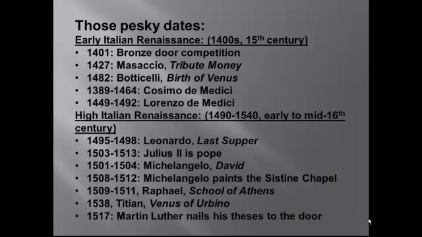Note that the lives of Cosimo de' Medici and his grandson Lorenzo pretty much span this century. Note, too, that the century opens with the Bronze Door competition and more or less closes with Leonardo da Vinci, who's kind of the transitional figure to the High Renaissance and is usually listed as a High Renaissance artist, one of our superstars. The first half of the 1500s or the 16th century is the time of the High Renaissance and our other superstars, and Leonardo works into this period. And the ascendancy in art really moves in this time from Florence to Rome.